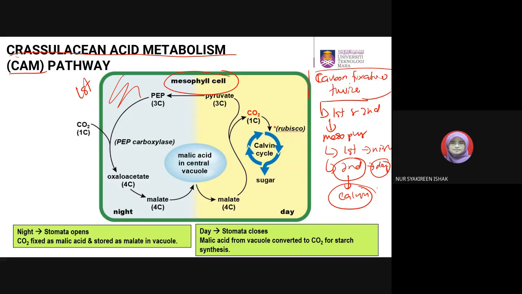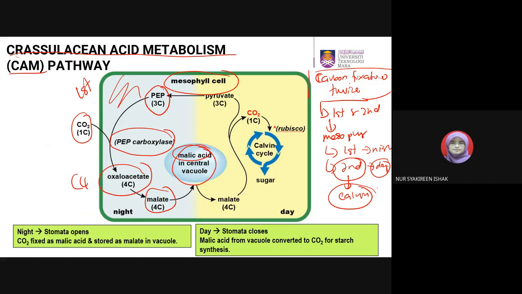Sama je dia punya reaction dengan C4 pathway, which is carbon dioxide masuk melalui stomata yang terbuka pada waktu malam, gabung dengan PEP which is first carbon dioxide acceptor, catalyzed by the enzyme PEP carboxylase, produce oxaloacetate which is a 4 carbon compound, convert into malate, stored in the vacuole during night time as